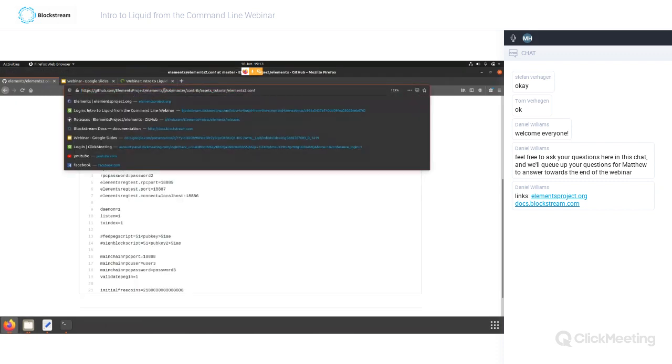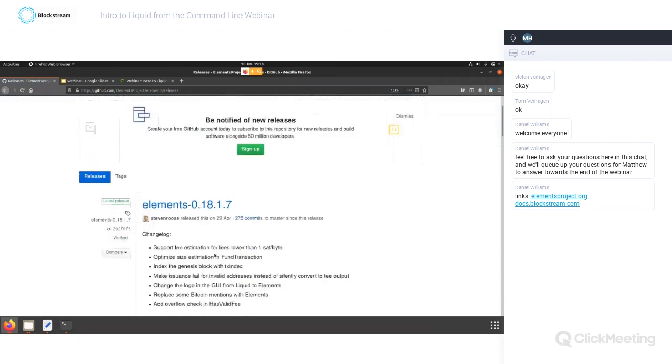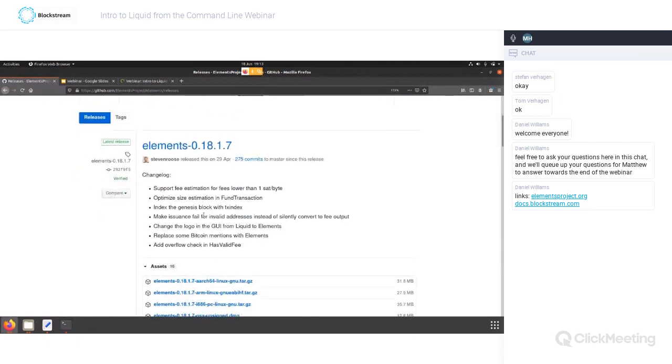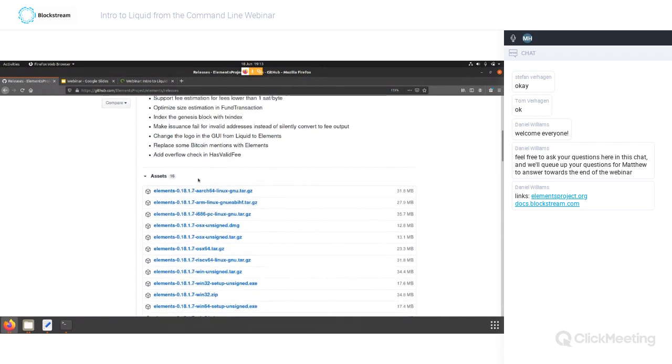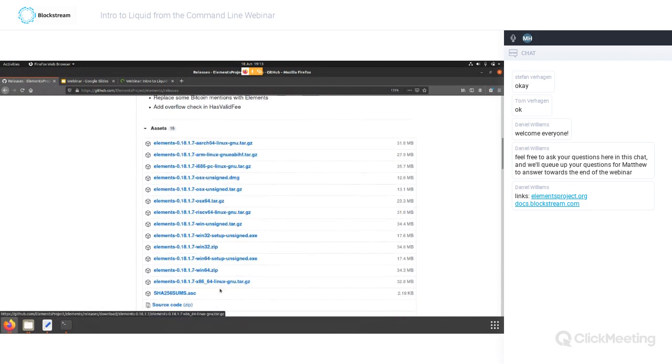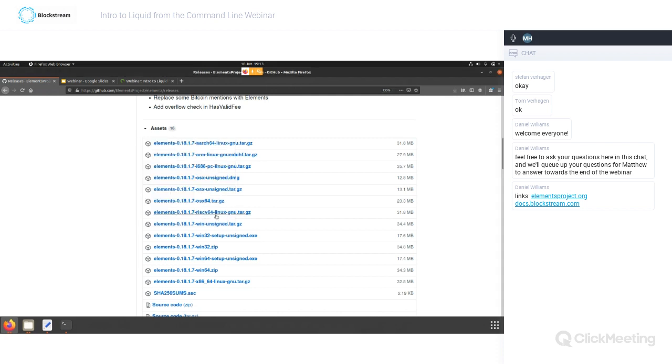Elements, which is here. Okay, that's a version there. And because I'm using Ubuntu, I need the x86-64 version of that, that one. Save that to download. So as I said, if you go to elementsproject.org, it tells you how to compile from